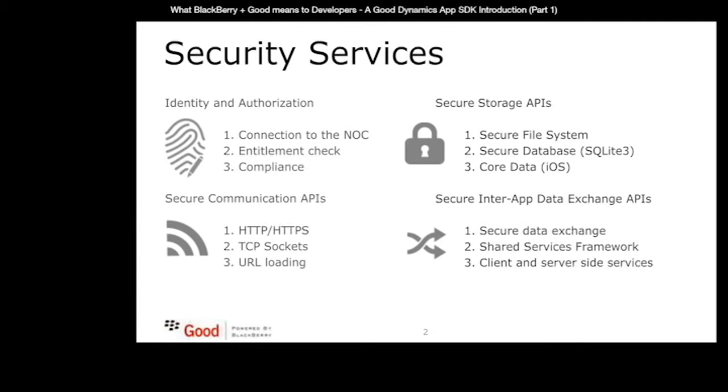Okay, secure communication APIs. So we support HTTP and HTTPS. Actually, once you initialize the library, then all your calls to HTTP and HTTPS are routed through the library, and decisions are made whether to ship the data up to the cloud or through the firewall. And all the encryption and decryption is taken care of underneath the covers. You don't have to change your calls to HTTP or HTTPS at all. So this is another thing that makes it easy to use